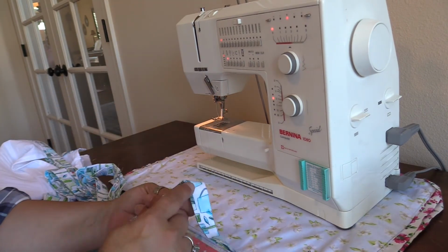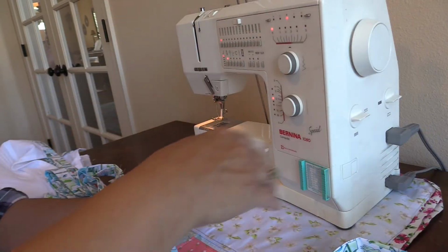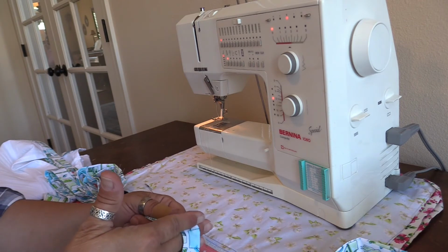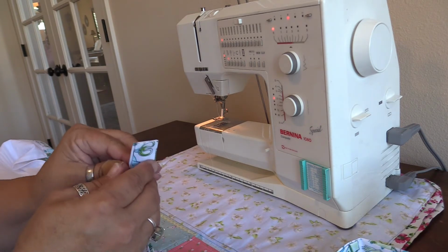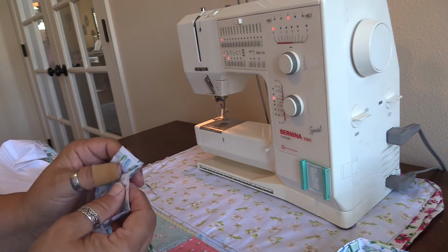So now this is the end of the first one. This is the end of the one that I just attached. So I'm just going to trim this one to give me enough fabric to turn under right here. I don't think I even need to go press. I'm just going to